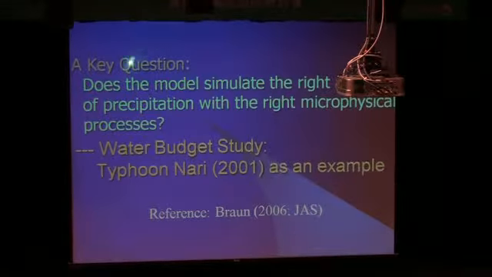However, we would like to ask a fundamental question. Does the model simulate the right amount of precipitation based on the right microphysics processes? I think this is a very important question. In order to answer this question, we need to be more careful about the water budget. So we do a more complete water budget study based on the Typhoon Nari simulation. The reason is that we have a more complete data set of the Typhoon Nari simulation, and also more complete microphysics output from this simulation. Later we will do the same thing for Typhoon Morakot,